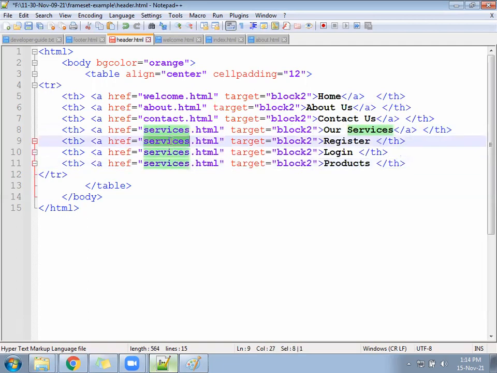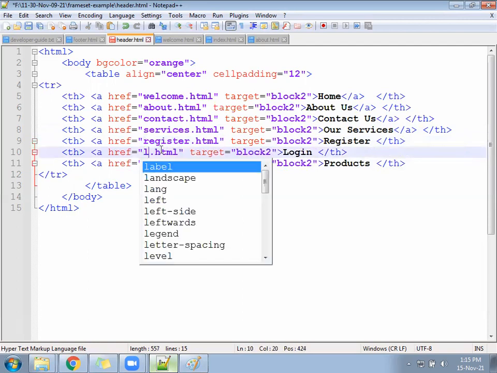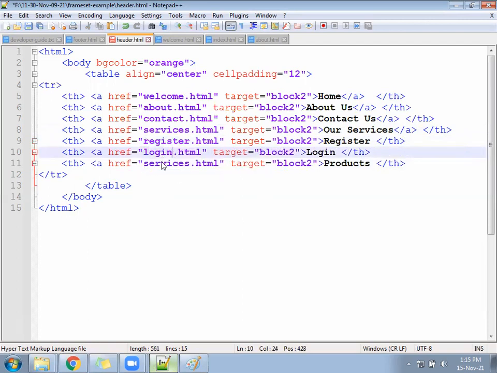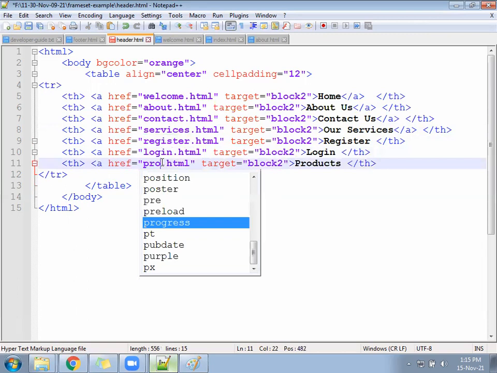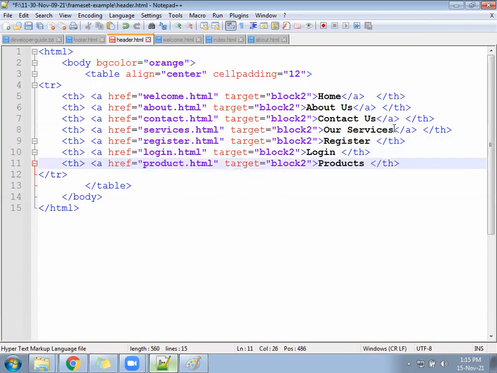Okay, register.html, login, product. Now go here, A and then A. Okay, the file name will be different. The target for all is the same. Whichever file we have, we will click on any hyperlink, all the pages will appear in one place only.